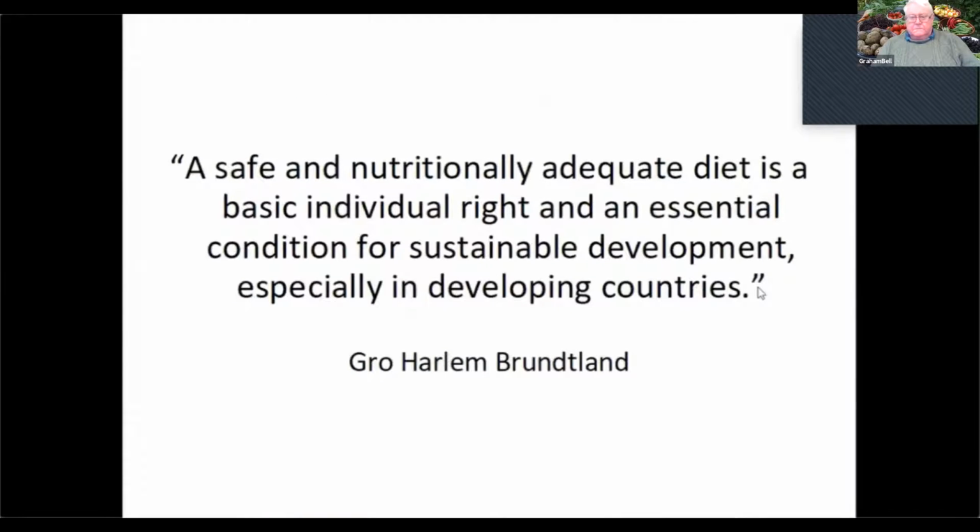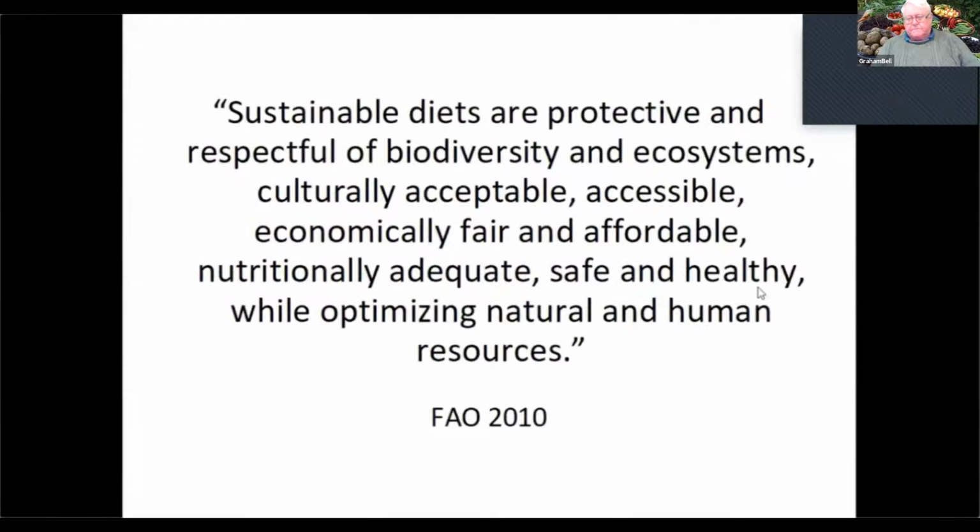Now, the importance of diet for sustainable development was underscored by Griffin and Brundtland over 20 years ago. A safe and nutritionally adequate diet is a basic individual right and an essential condition for sustainable development, especially in developing countries. In 2010, the Food and Agriculture Organization of the United Nations, FAO, developed the concept of sustainable diets, which are protective and respectful of biodiversity and ecosystems, culturally acceptable, accessible, economically fair and affordable, nutritionally adequate, safe and